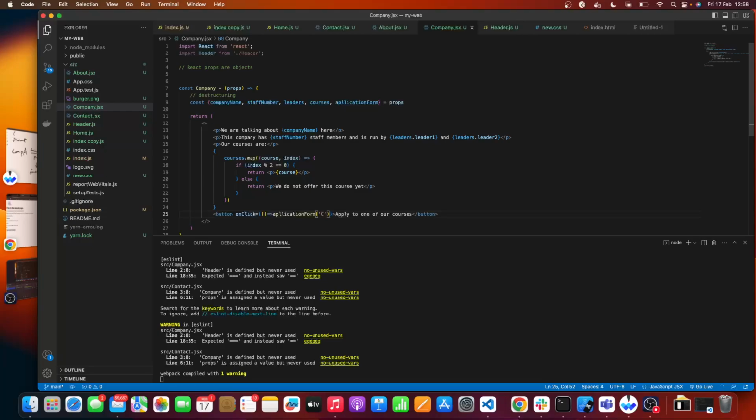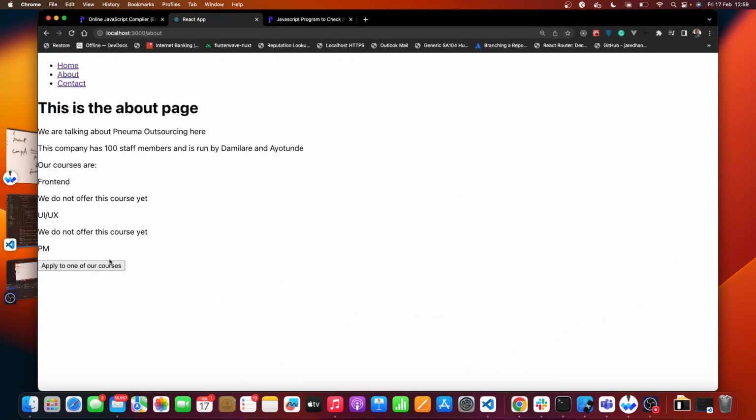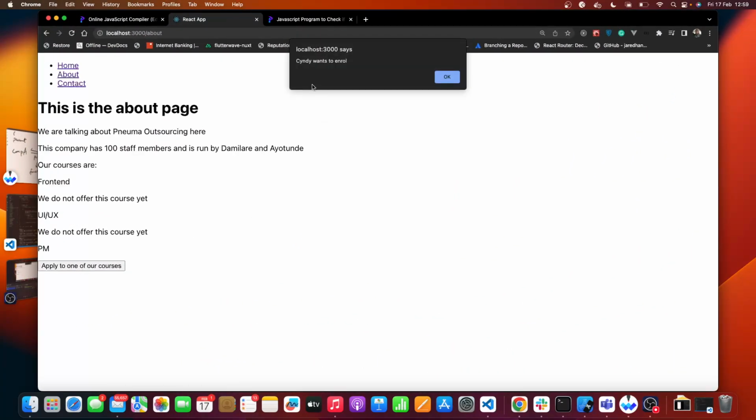We've not gotten to states, but if you want to, we can. So we can have this, and then application form, say Cindy and Ovakpo wants to apply. But he's expecting a name, so let's not complicate matters. Let's just have one name for now, right? So what we're saying is, when they click on apply to one of our courses, it will show Cindy wants